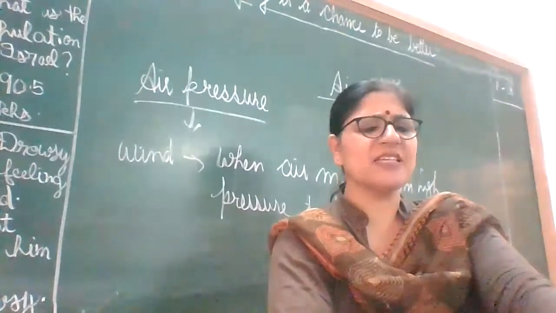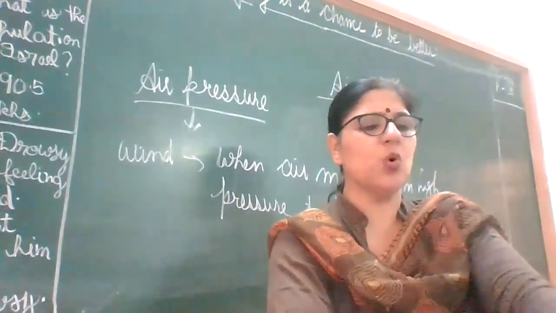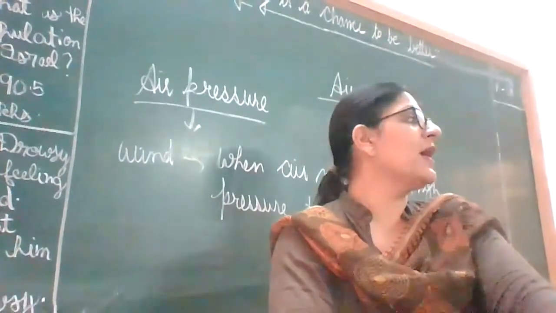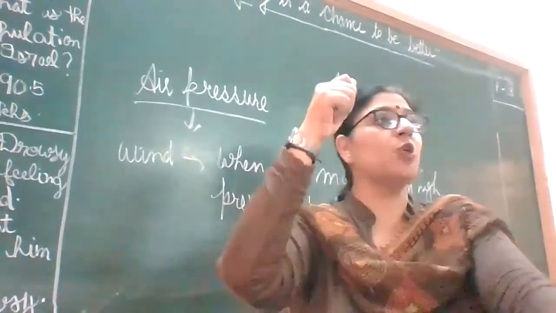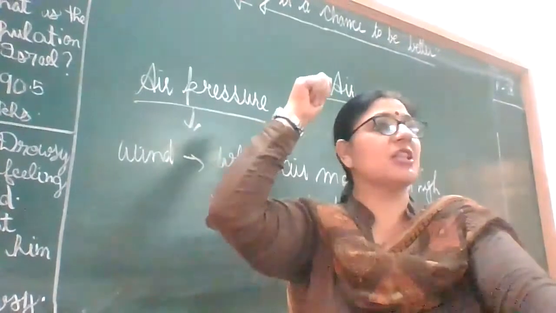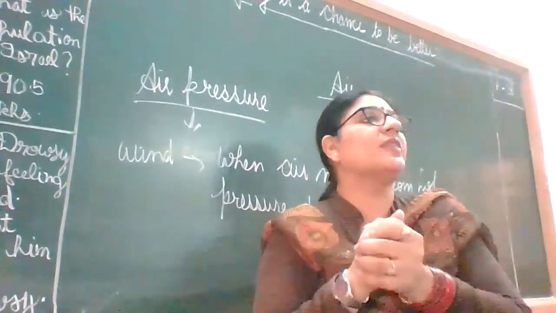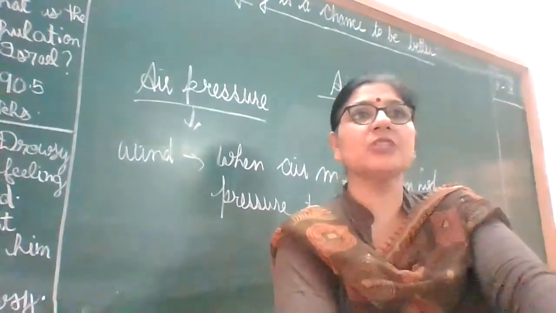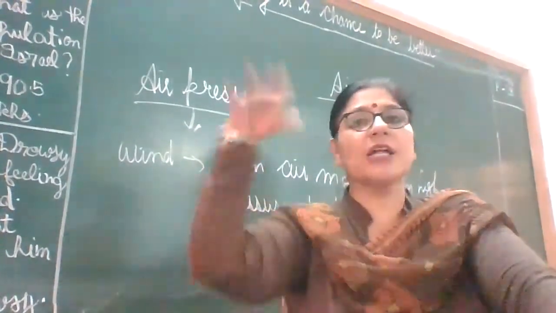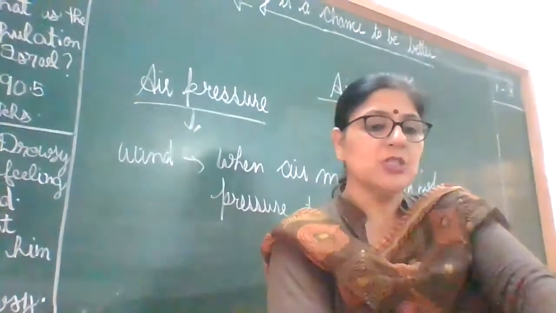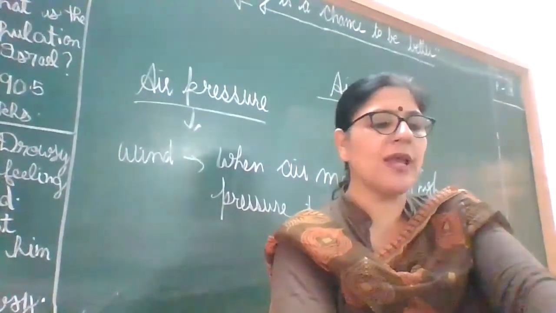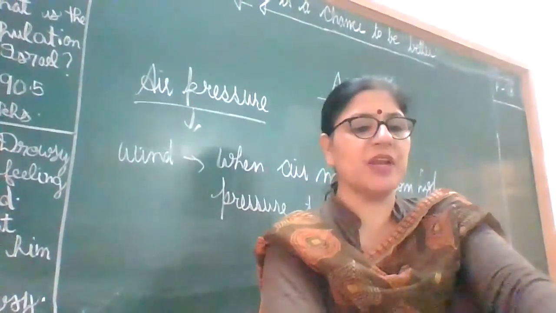So you must have an experience. It is not easy to hold an umbrella on a windy day. हवा के दिन में अगर हम लोग अम्ब्रेला होल्ड करें तो अम्ब्रेला हमारा पीछे पीछे जाता है. It is very difficult to hold that, है ना. और वो टूट भी जाता है कई बार. अम्ब्रेला की वायर्स प्रेशर के कारण ऊपर हो जाती हैं. So you have experienced that it is not easy to hold an umbrella on a windy day.